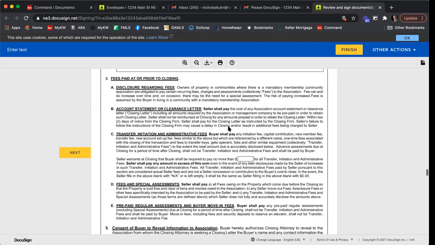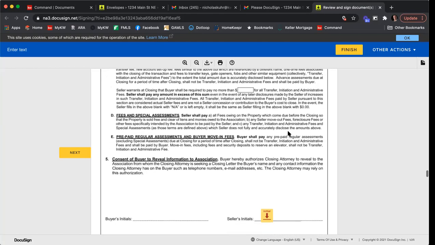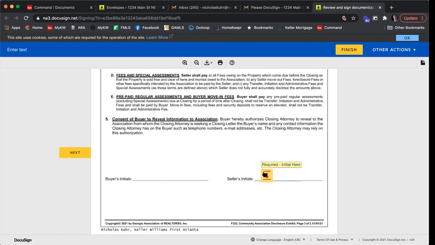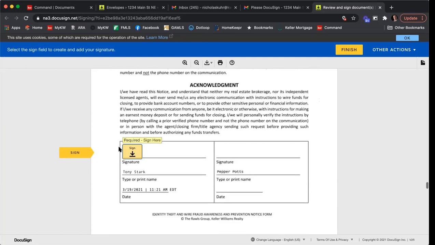Now, one thing about the community association disclosure that I'm going to point out, and I'll confirm this with Lynn and Alita, is make sure that your clients fill this in accurately and correctly, because if they do not disclose any costs or fees that are included as a part of the HOA, your seller client will then be responsible for paying those fees at closing. So just be sure that they don't breeze through this like I am right now, and that they actually fill in the correct information. So here, client's going to initial, sign,